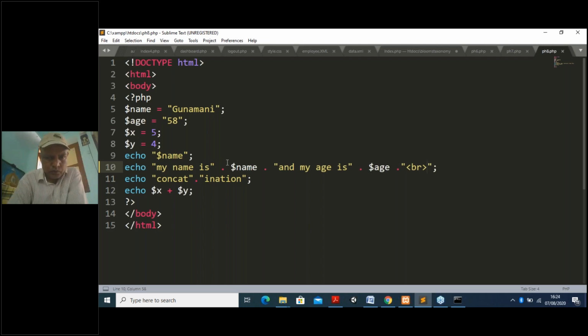So if you want to use HTML commands inside that, then what you need to do is, what are not variables, you put under double quotations, and what are the variables must be separated by dot sign. And whatever tags you want to use must be separated by dot, and it will be under double quotations. That I already showed you, and you can also use the same way.